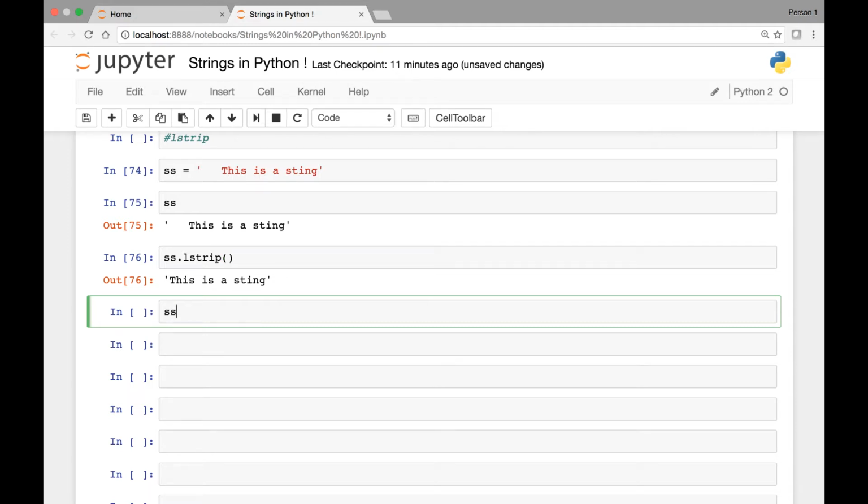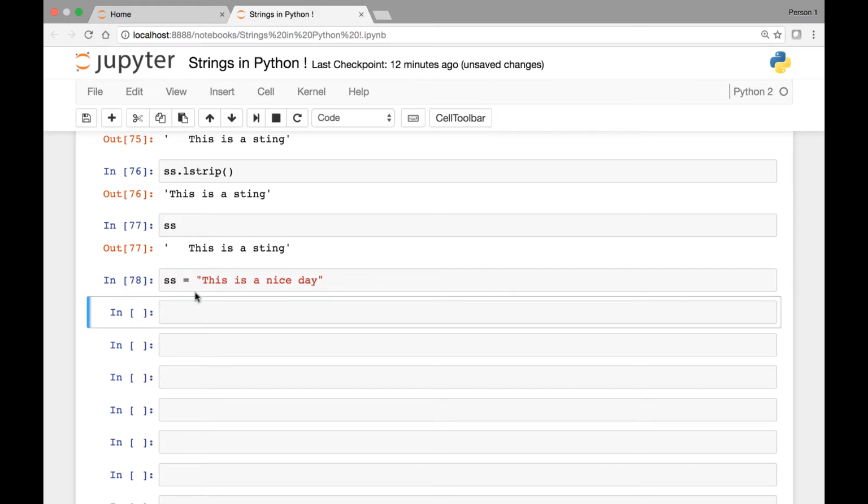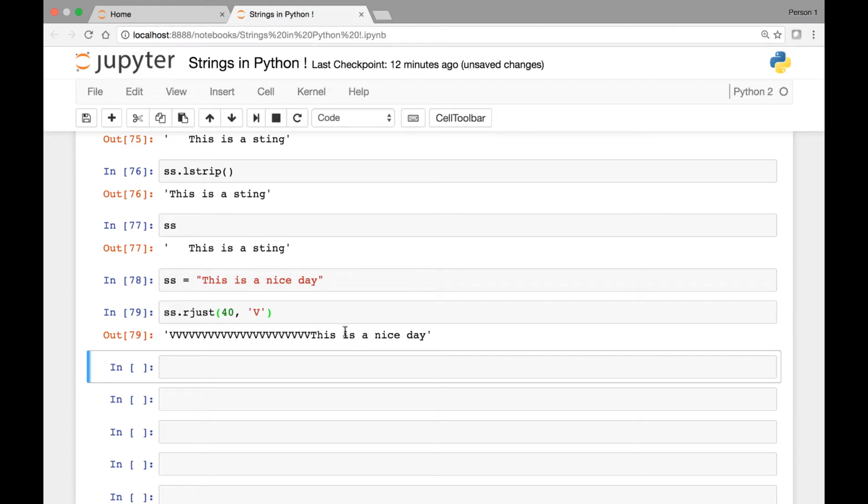If we call our ss, okay, we looked at that. Let's create another string ss and set it to be equal to, this is a nice day. And let's use our rjust method, and then let's say 40, and then add, let's say, V at the beginning. So if we run this, we have V. This is a nice day. So I'll save that